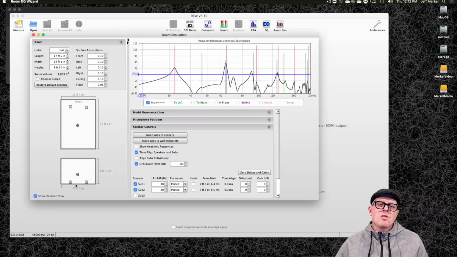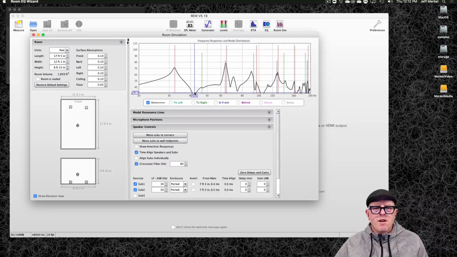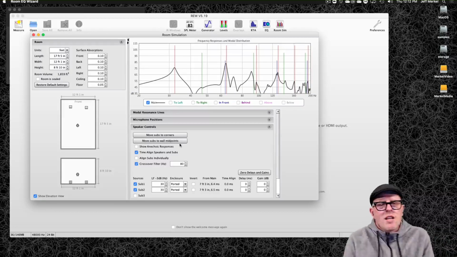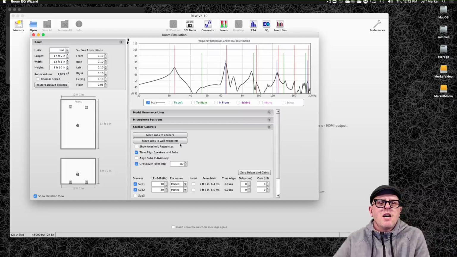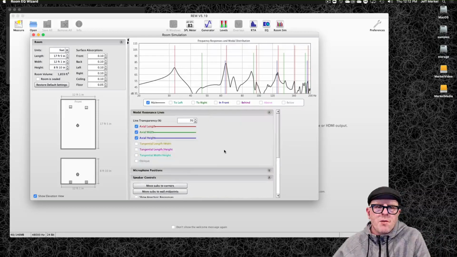So the reason I have two subwoofers is because they help mitigate some of the modes in this axis right here. But yeah, you can see we have a real problem at around 45 hertz and some spikes here. So this could cause some problems. So if I were in this room right here, what I would do is I would be like, okay, well,